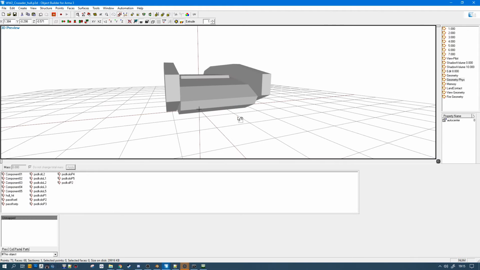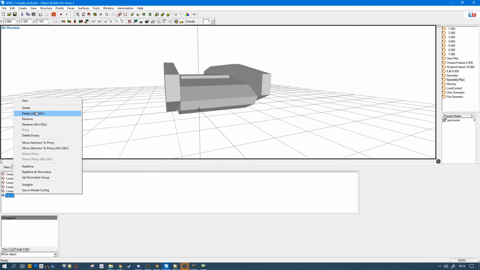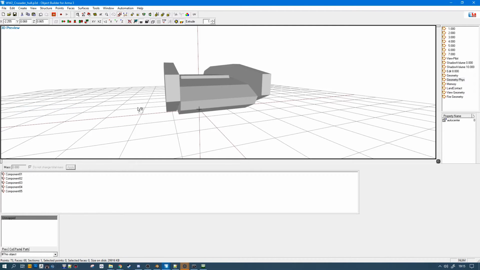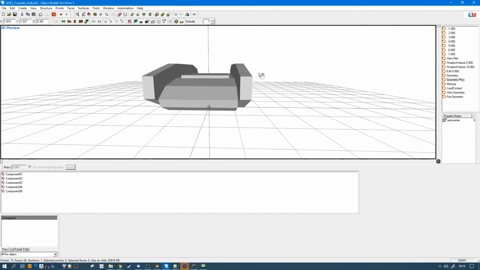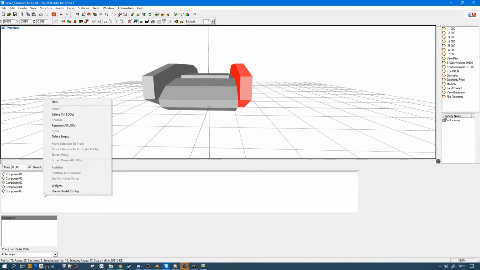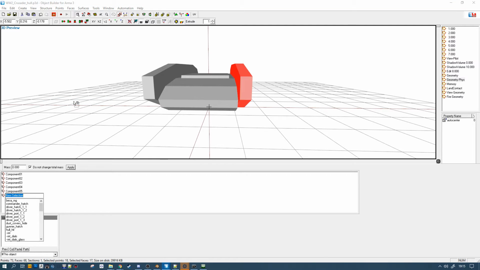We want to name the various components, because when the engine is running, the physics calculation is going to look for the various parts, so the tracks and the hull. The names can also be changed in configs, but I don't recommend doing it that way.